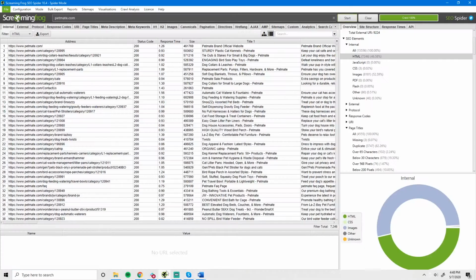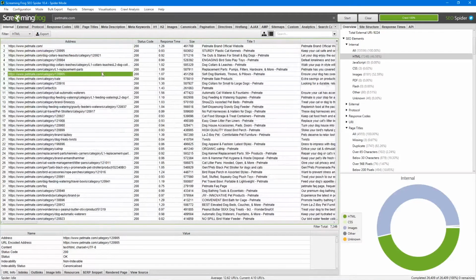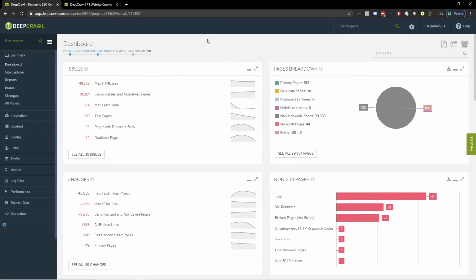If you look at what Screaming Frog looks like, that's kind of well formatted, if you will, very basic, no dashboards, no summaries. You really have to know what you're doing to sort this type of information, whereas I think DeepCrawl is a little more user-friendly and more intuitive. So pulling this back up,